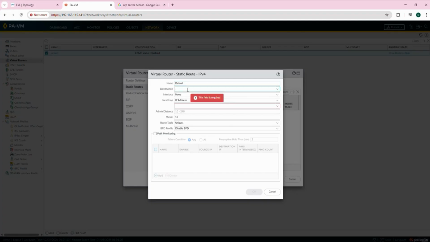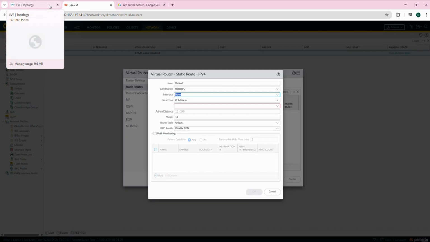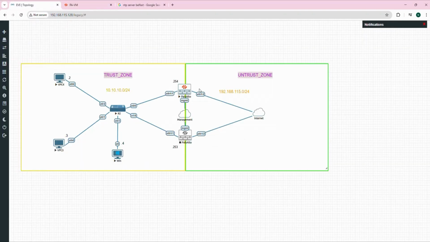The destination IP is 0/0. It's a default route, right? So I'm going to have the default route and the interface. What is the exit interface? 1/2, isn't it? So I'm going to have 1/2